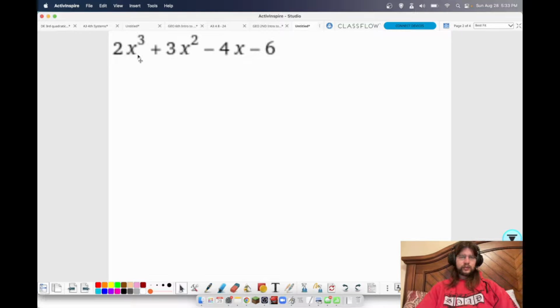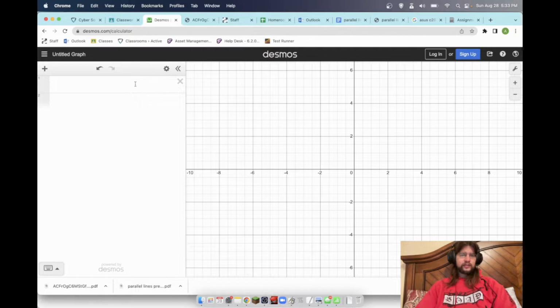Here's our first problem we're going to look at: 2x cubed plus 3x squared minus 4x minus 6. Now, it's a cubic, which means I need at least one zero from Desmos in order to break it down into a quadratic. Alright, so if I go over here,